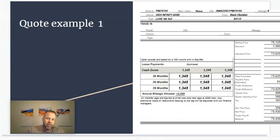So I have a couple of examples I wanted to show you for the same car from two different dealers, and we're going to grade them together. They're in two different types of formats. This first one is an Infiniti SUV. This came over from the dealership, and it has the payment quote here, so it's $1,345. It's a 36-month lease. The only thing you have to pay is the first payment, and then the selling price of the car,